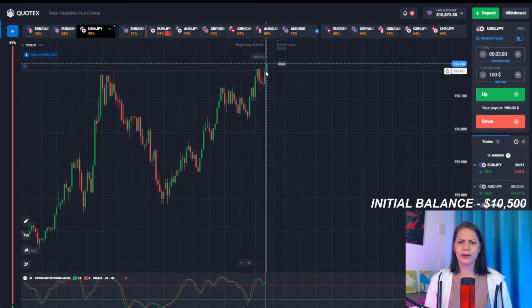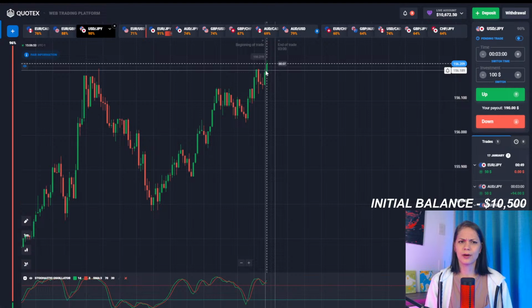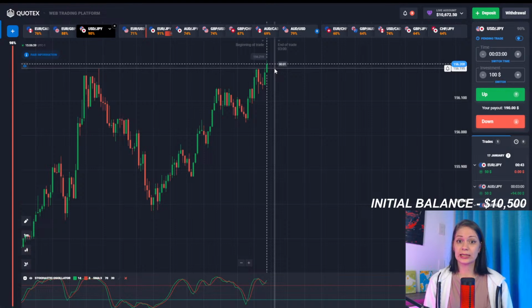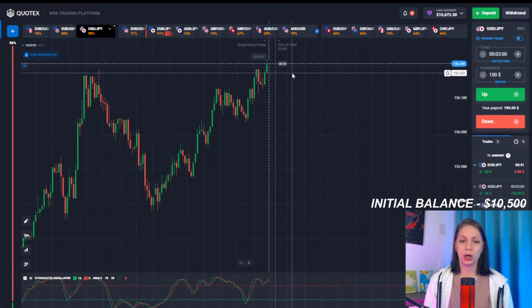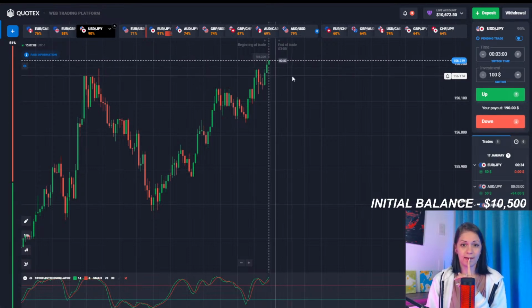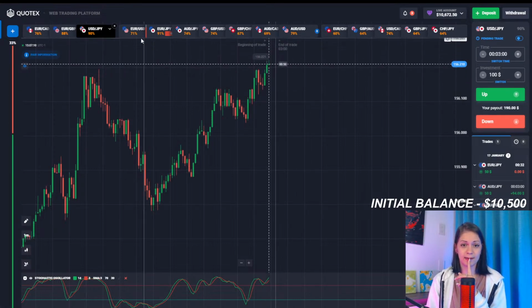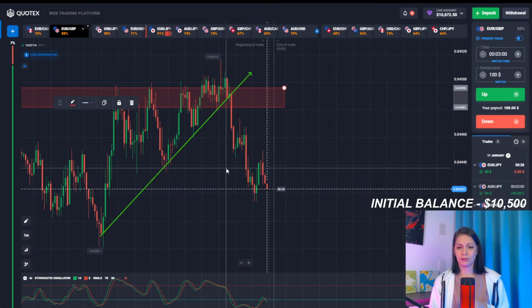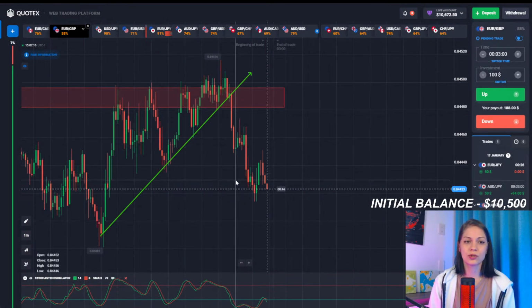Should we do the breakout on the top, USD JPY? I think there is going to be a breakout going upwards. It looks like that. Let's see how this candlestick is going to be closed, if it's going to be higher than the previous one. Yeah, so that one is closed higher. So it's too early in my opinion.